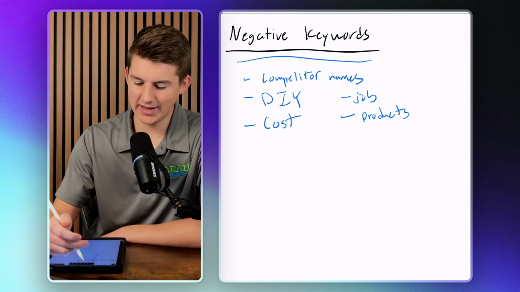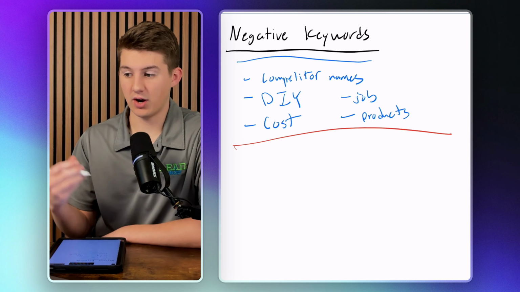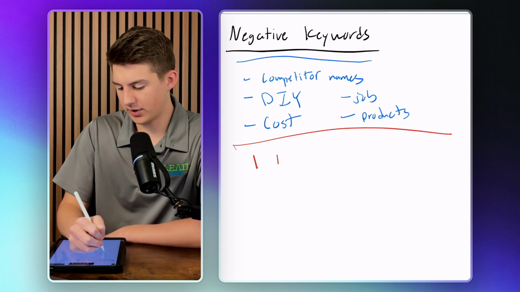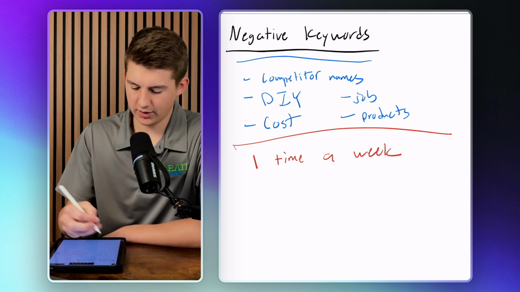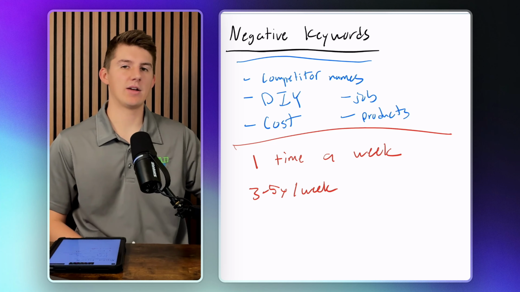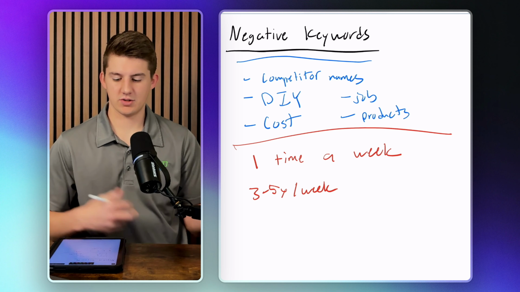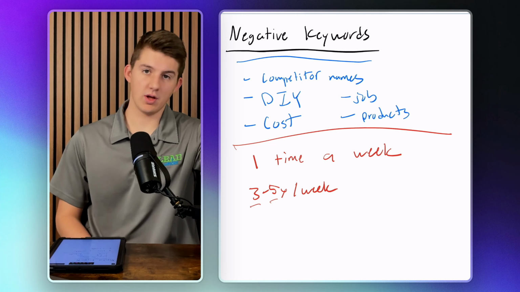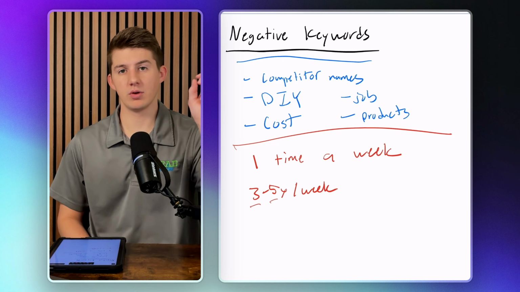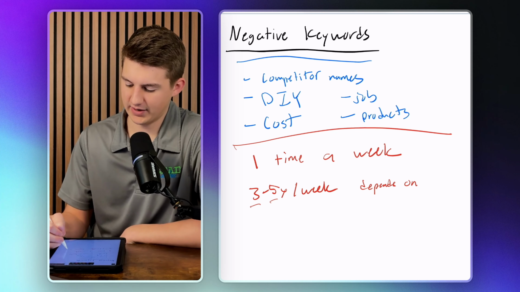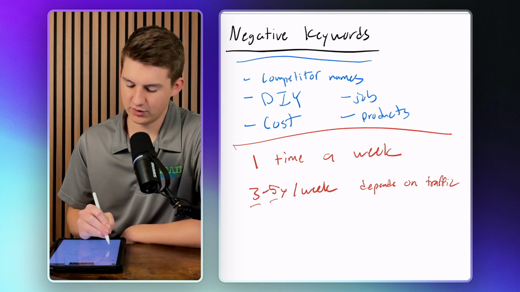So we know we need to be adding negative keywords. And really on most accounts, at an absolute minimum, you need to be doing this one time a week. But in reality, what we do on our accounts is three to five times a week. We add negative keywords by looking at the past searches that we got over that last period, so either the last day or the last two days. And we see which from those should we add as negative keywords. We pull those out and we add them to our negative keyword list. This just depends on budget. Really, it depends on traffic, how many searches you're getting, if you do it three or five times